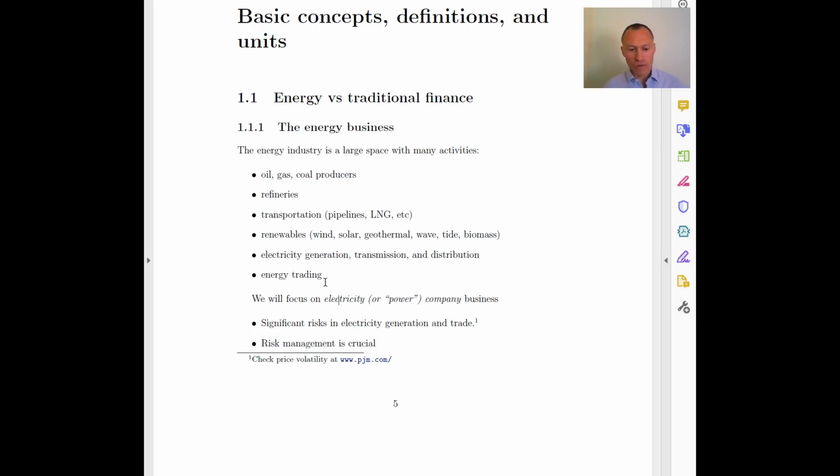It's a nice point of view to look at all these activities. And as we'll see, there are significant risks in this market, and risk management will be very important. That's what I'm trying to show you live here with this